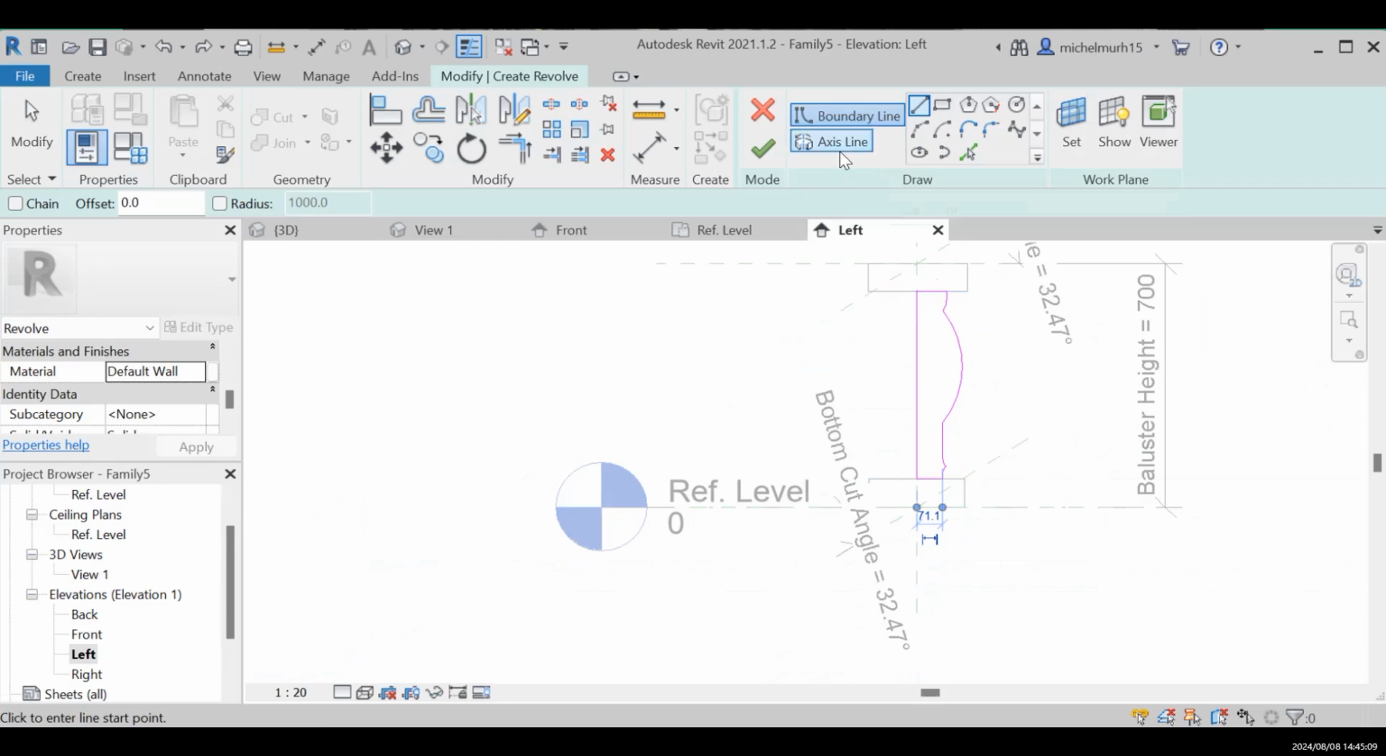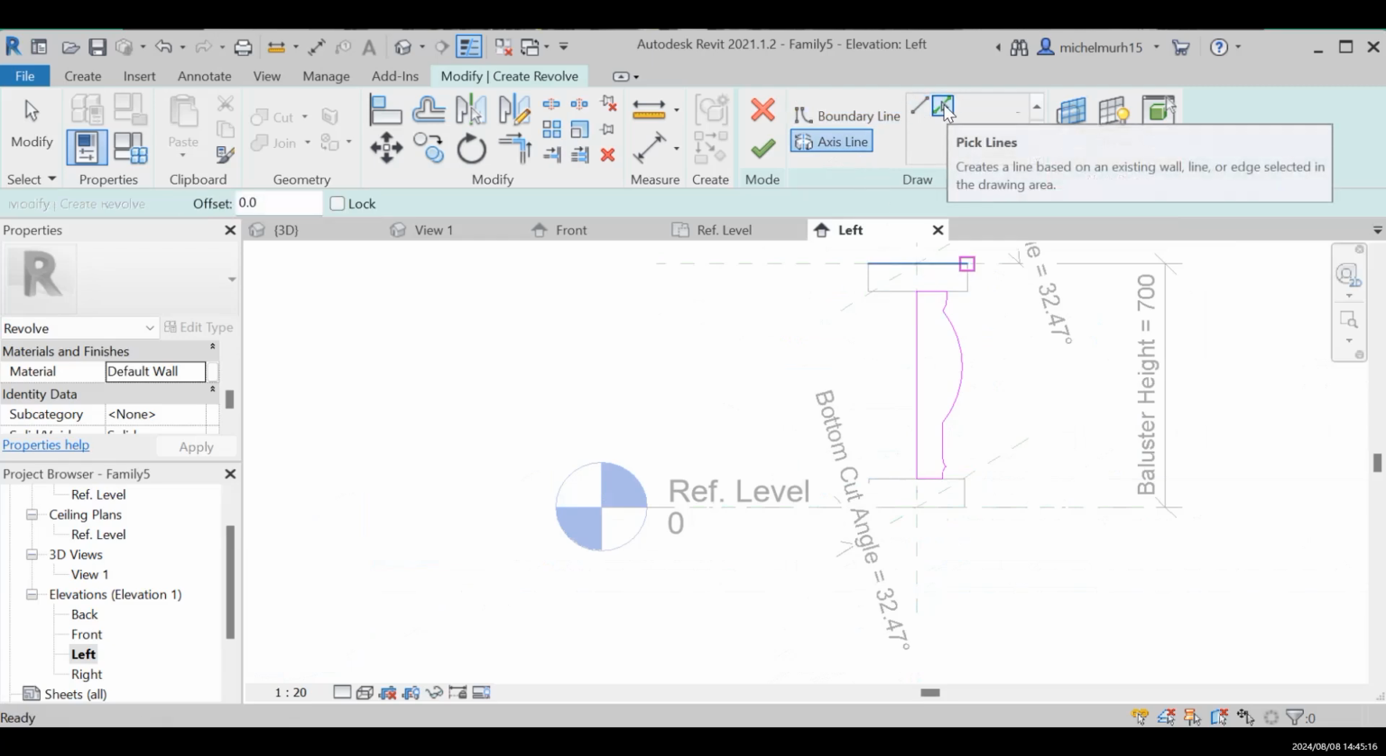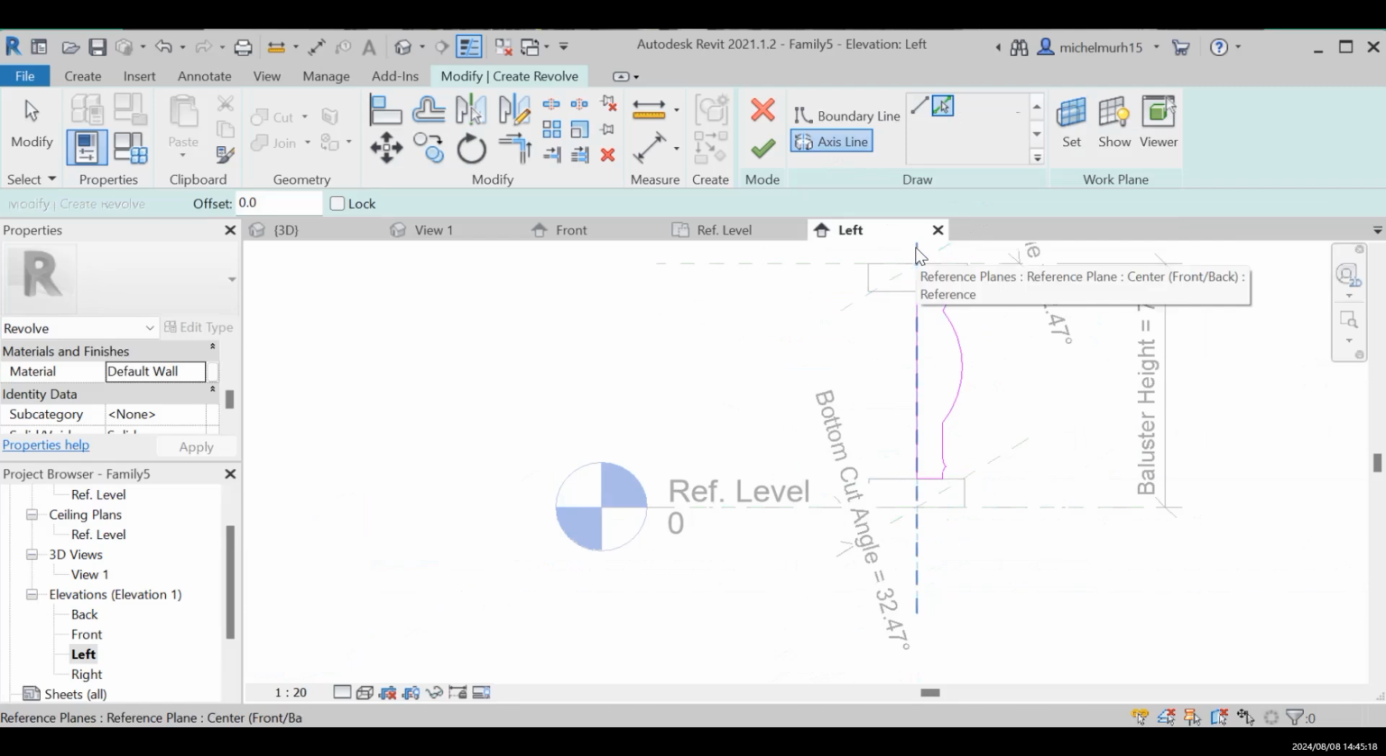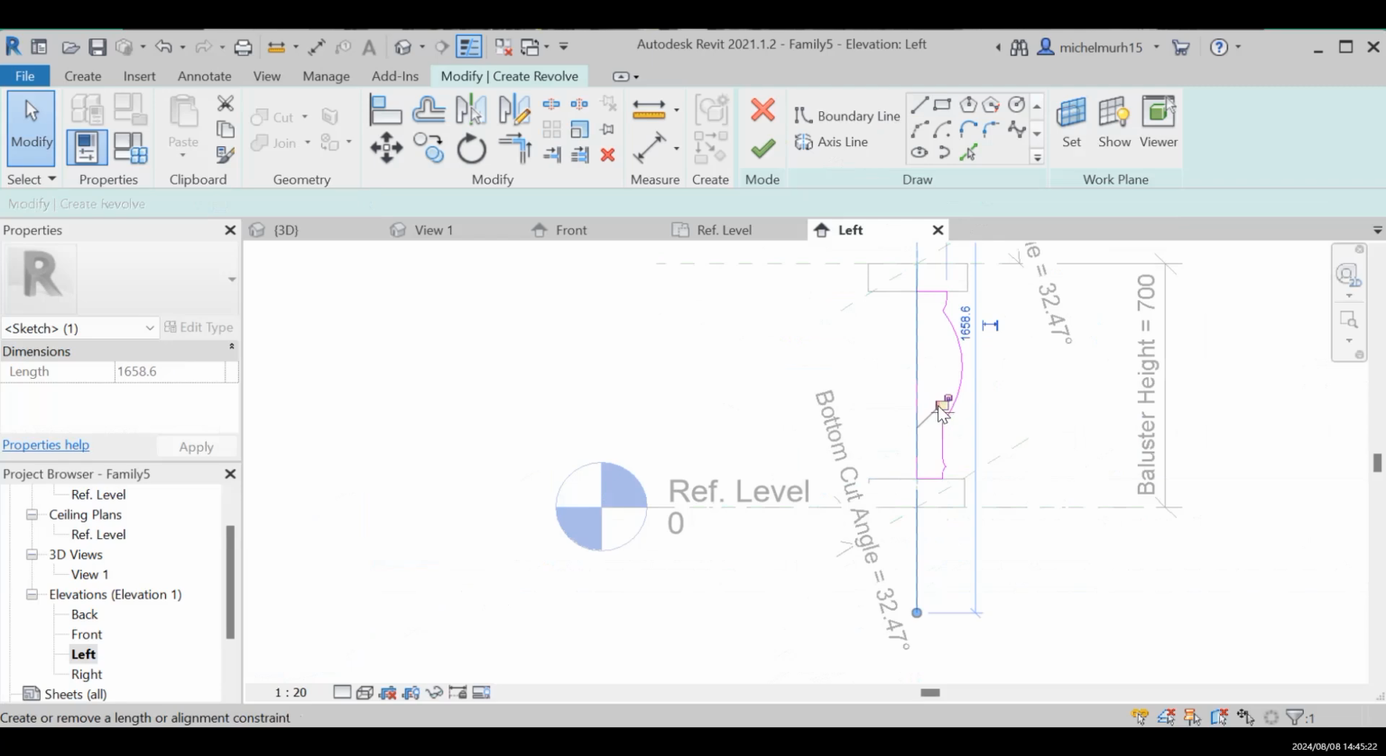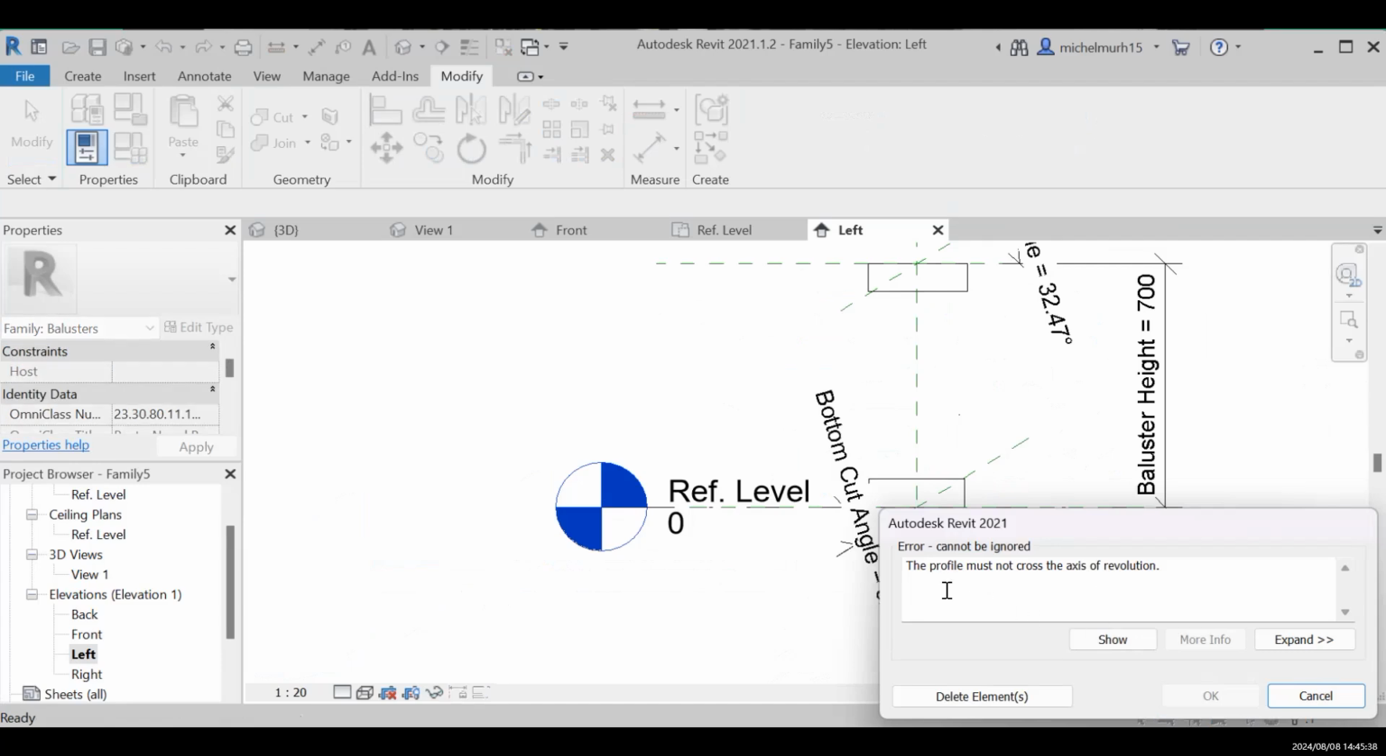So what I'm gonna do here, I'm gonna just click on axis line here, and I will pick line, and I will select the middle reference plane to be the middle. I'm gonna click on it. You can close the log if you want, but I don't need to close the log. If there's any mistake, the computer would ask me to change this or to fill the gap. But if there's nothing, our design should be showing. So I'm gonna press OK, and as you can see, the profile must not cross the axis